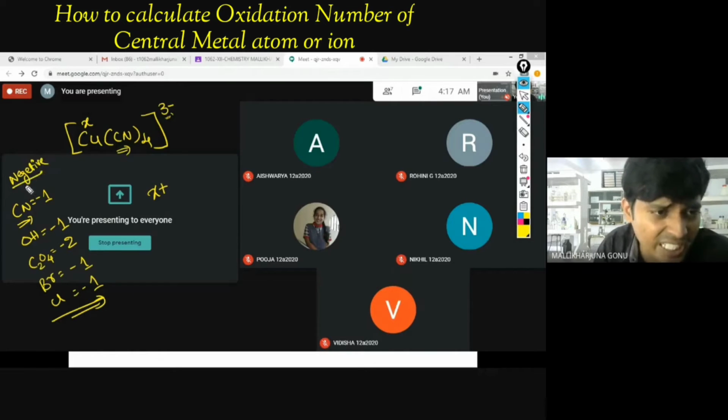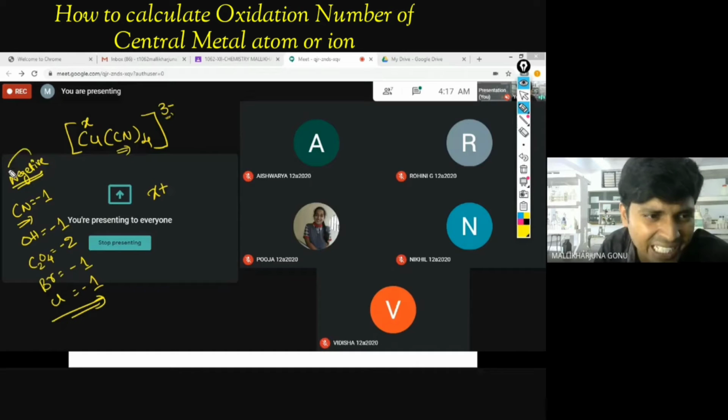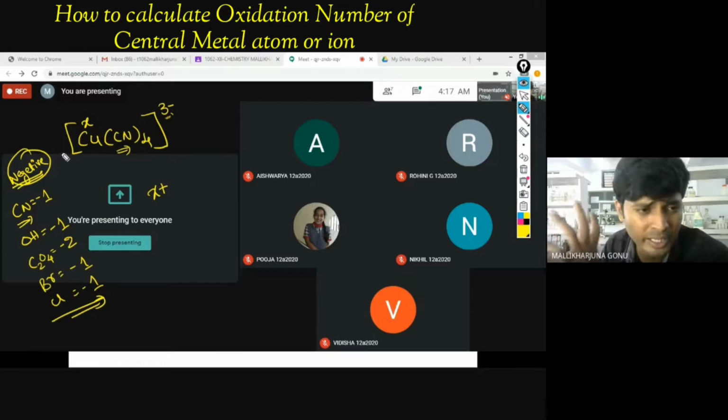To calculate the oxidation number, you should know these. If you know the oxidation number, only then can you write the correct IUPAC name of that particular compound. So it is very, very important in this lesson. They can ask you the magnetic property, the electronic configuration, anything. So you have to be very clear in these concepts. If you don't understand, ask me once again and I can explain. Okay, what are the neutral ligands? Neutral ligands, you take it down.